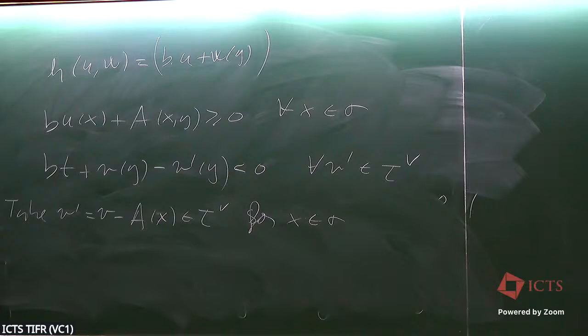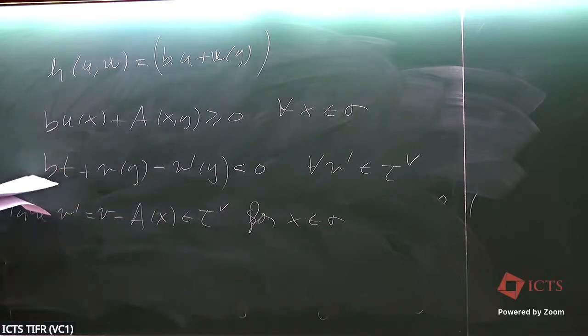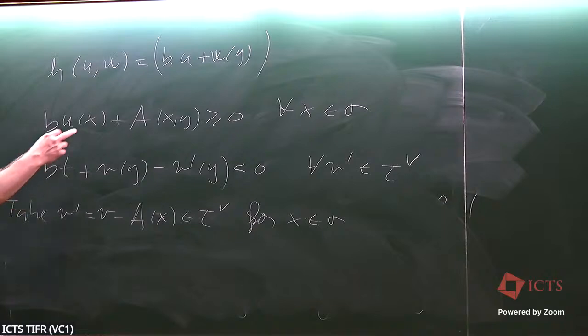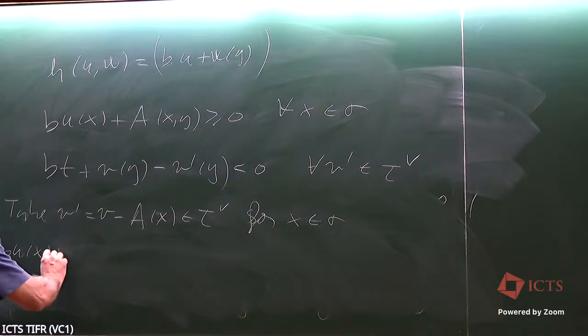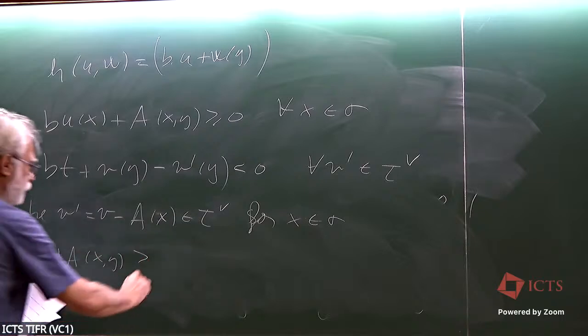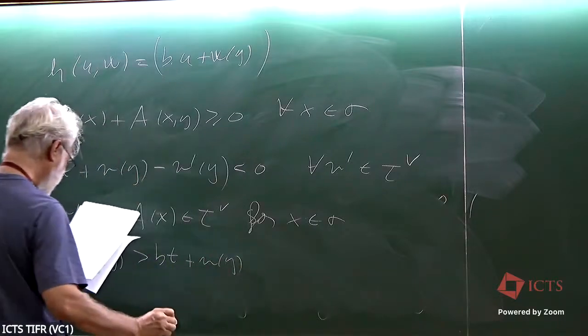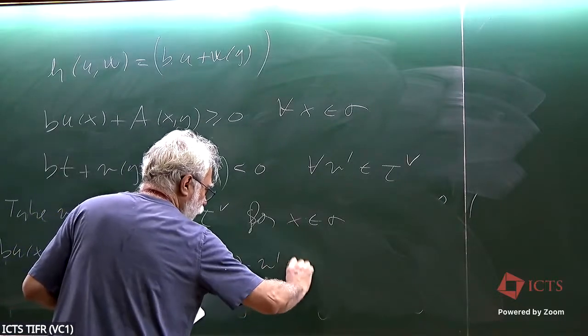Then we apply this condition for sigma. This quantity for X is bigger than 0. This quantity is strictly smaller than 0, which means that this quantity has to be strictly bigger than this quantity here. And what we get is that B of X plus A of XY has to be strictly bigger than BT plus B of Y minus B prime of Y,